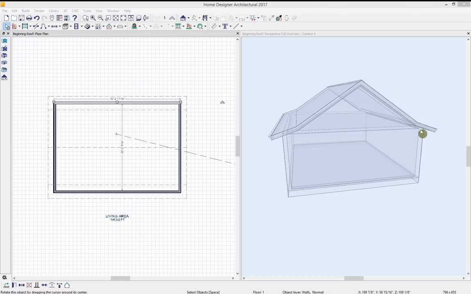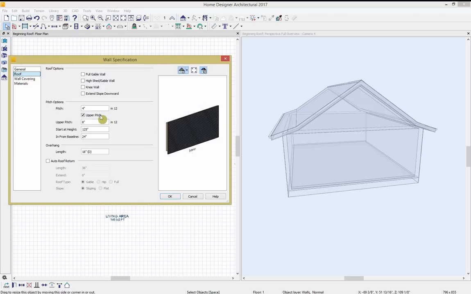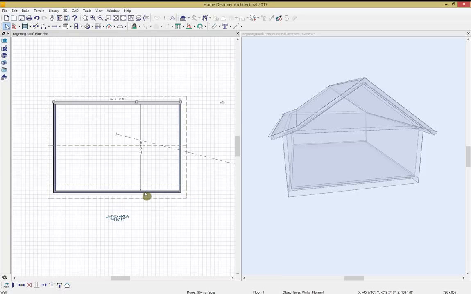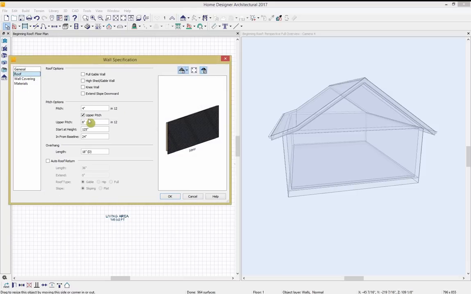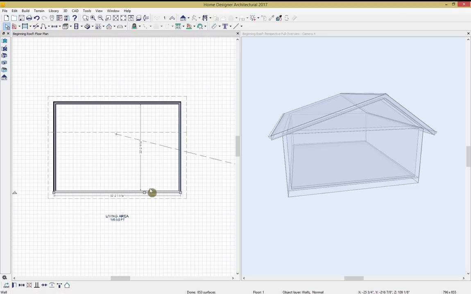So now let's move back into our typical gable. We'll open up the wall, we're going to uncheck an upper pitch, and we're going to change our pitch back to an 8 and 12. And we'll open up this one, uncheck the upper pitch, and this time let's leave our second wall at a 4 and 12 and see what happens. So now we have one wall that's set to 8 and 12 and one wall that's set to 4 and 12. So if we have something like an offset gable, where we have a shallower pitch in the front of the house and a steeper pitch in the back, or vice versa,